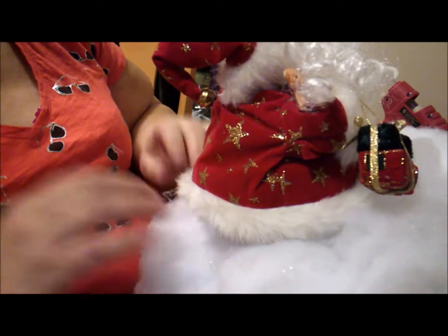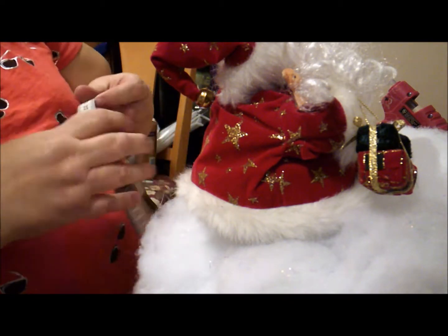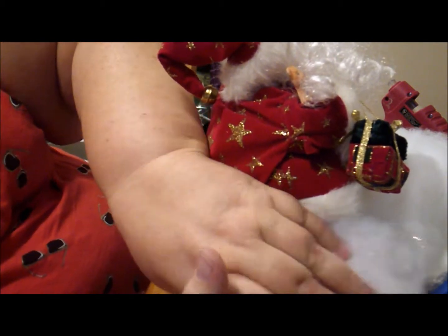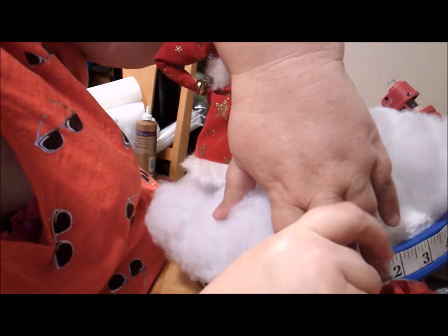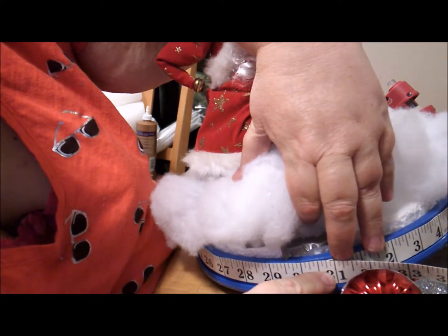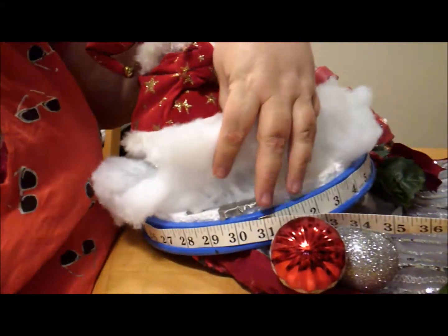And I know I'm kind of chopping up this video a little bit, but I'm kind of nervous as this goes. What I did to decide where the hooks would go is I took a tape measure and measured around the outside here. And I lost my tape measure. It is, if we get it up here, about 30 and 3/4 inches. Let's move this in so you can see it. And I'm terrible at, oh, there goes the camera. Here is that. So I divided it up, and then I made marks on